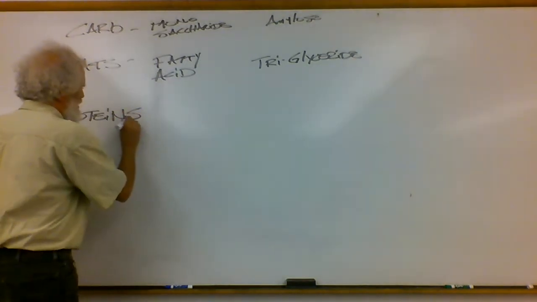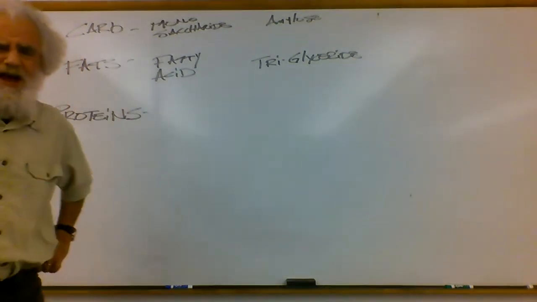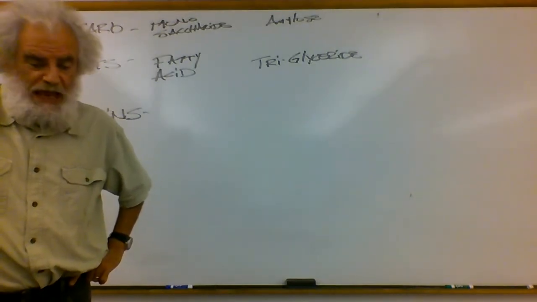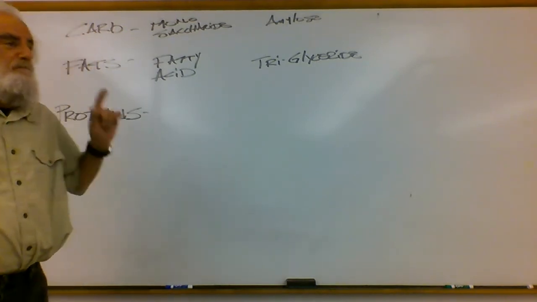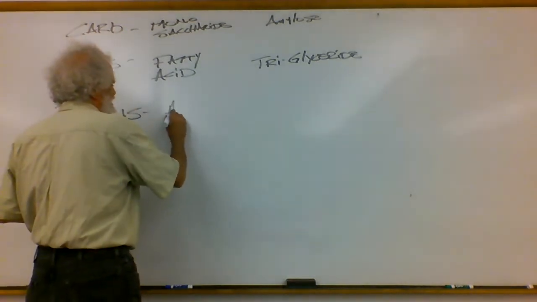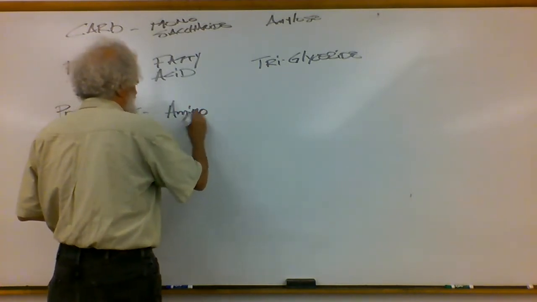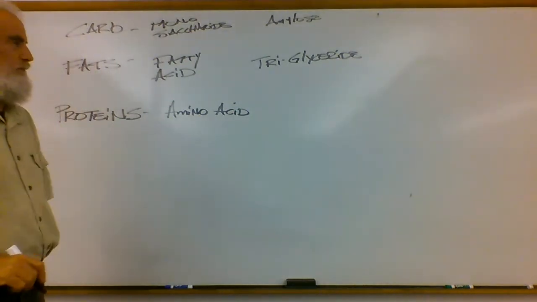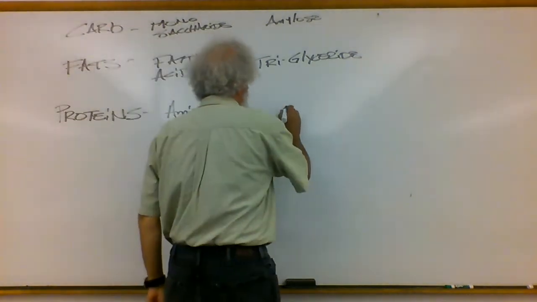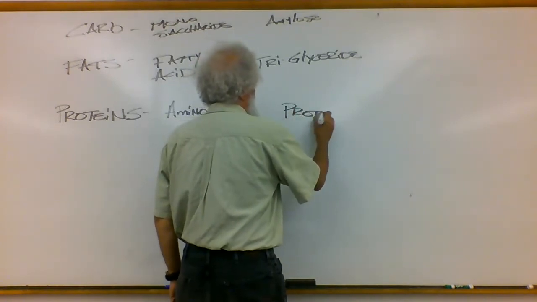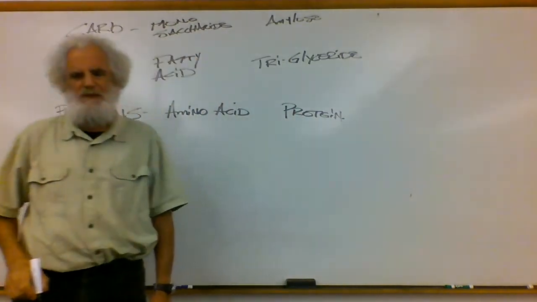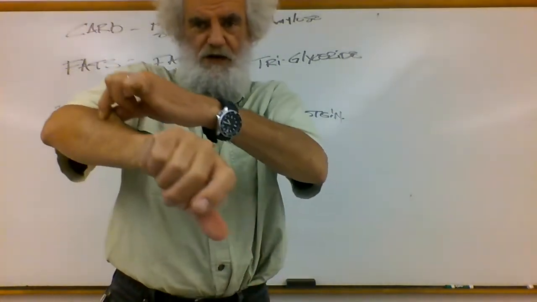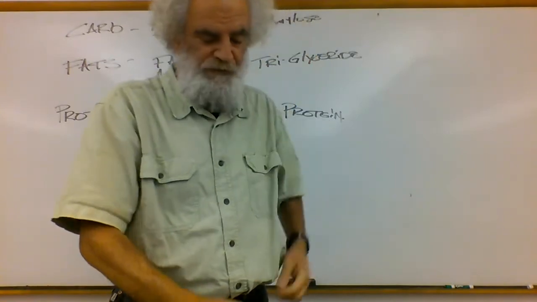Proteins. Are you getting enough protein in your diet? Yeah, you probably are, unless you're eating some sort of really weird diet. Proteins. The monomer is the amino acid. We're going to talk about that in just a moment. We can put in the polymer. The polymer is known as a protein, also called polypeptide, but that's what it is. And an example of protein is a piece of meat, flesh. That's protein.